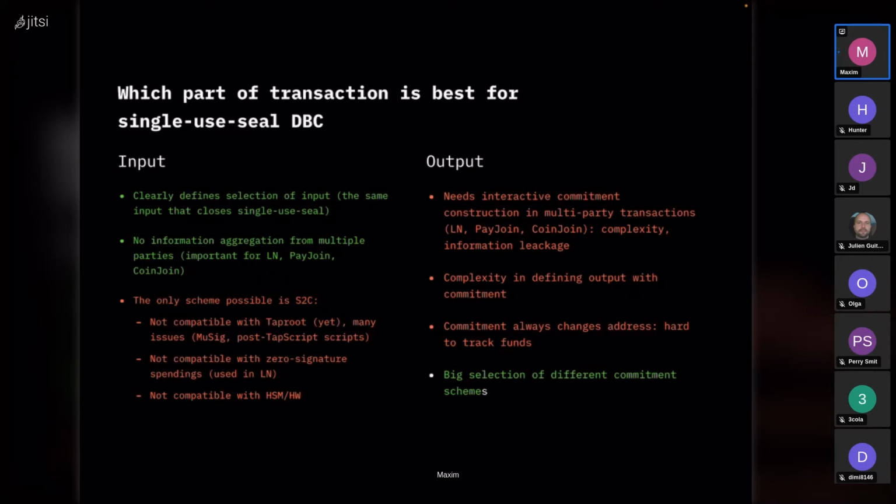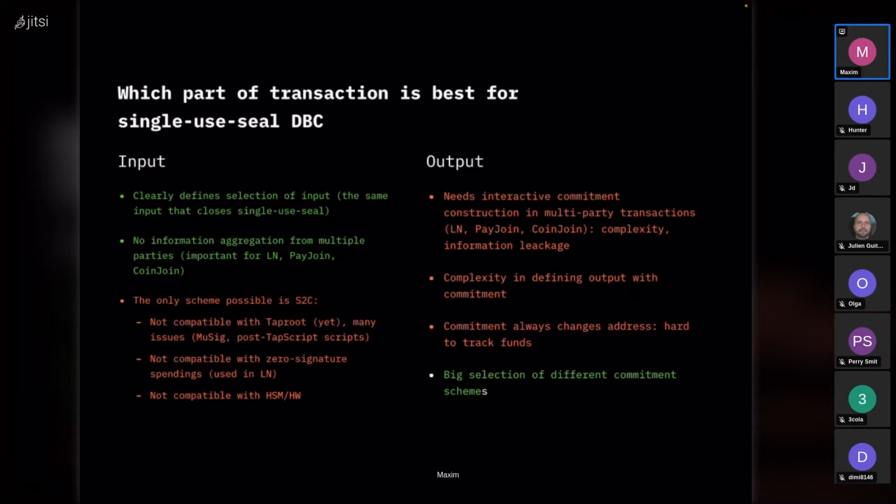These are the upsides. The downside is that the only commitment scheme that you have with the input is sign to contract. And in fact, it is not yet compatible with the Taproot inputs because it has a lot of issues. We were analyzing them last year. We don't have any working scheme for MuSig sign to contract commitments. We also do not know how to support